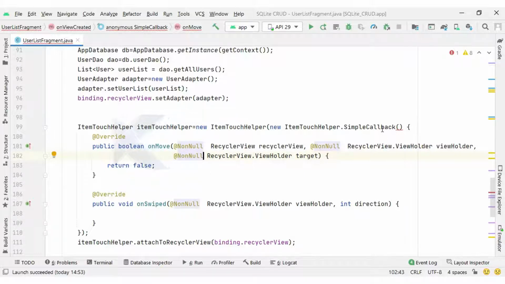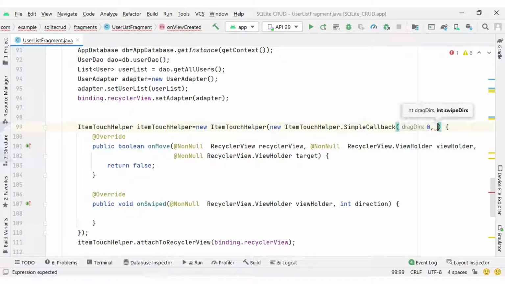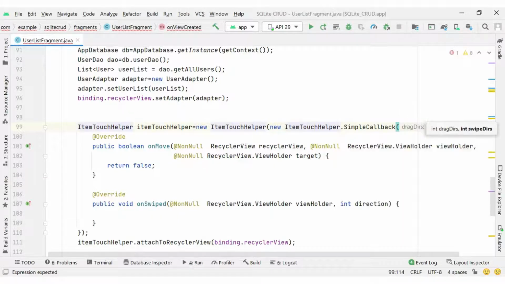So we have the SimpleCallback implementation, and inside it you can see there are two parameters we need to pass with the constructor. The first one is the drag direction and the second one is the swipe direction. We are not going to implement drag direction, only swipe direction. So for the first argument I will pass 0, and for the second argument, swipe direction, I can pass the constants provided by ItemTouchHelper.